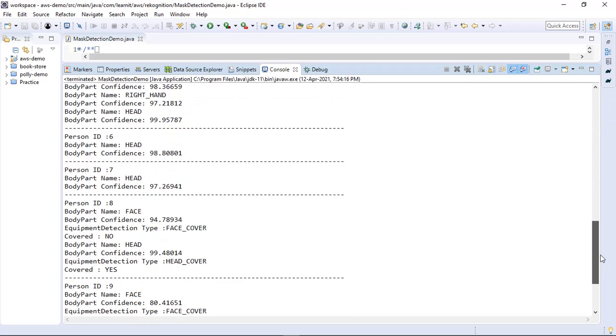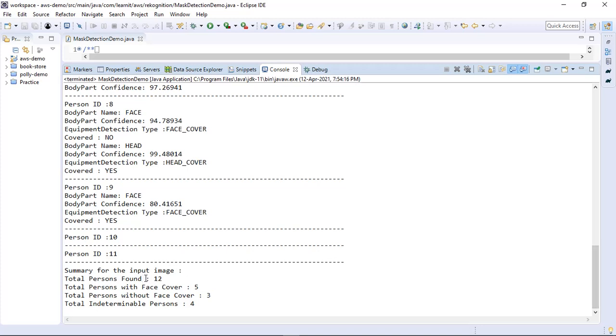You can see in the summary there are total 12 persons it has found, and among those 12 persons it has found total 5 persons which are covering their faces with masks, and total 3 persons which are without mask, and there are total 4 persons which it couldn't identify whether they are wearing any mask or not. Now let's go to the S3 bucket and verify this data.